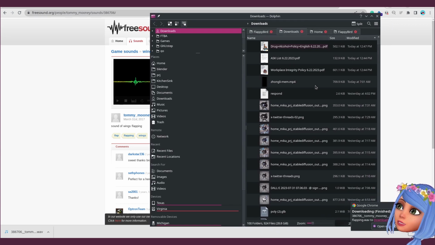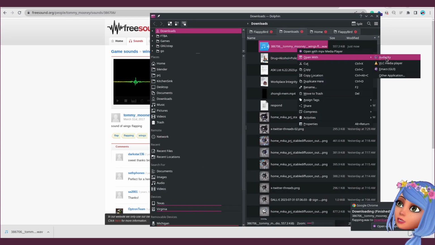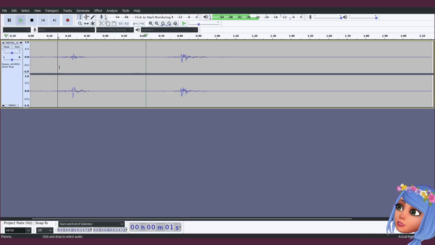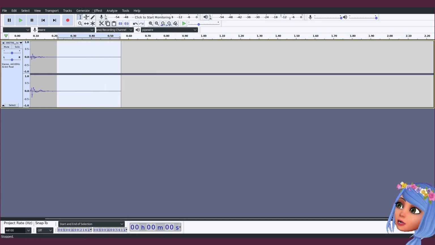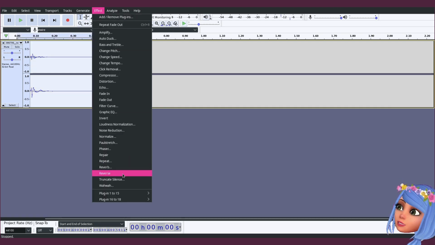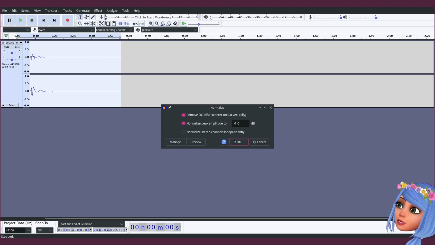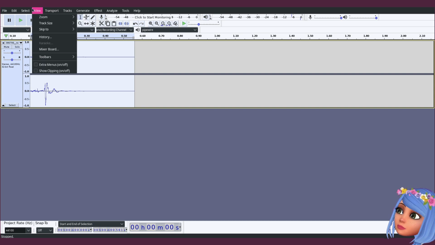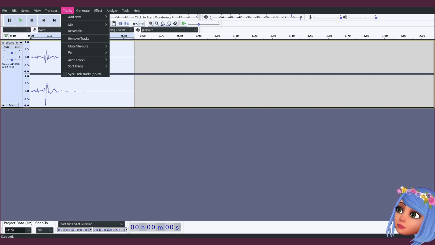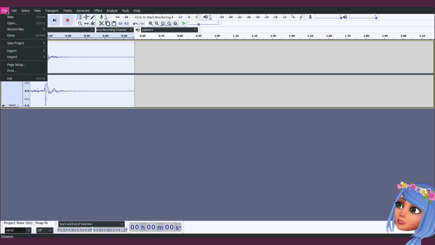Open it in Audacity, and I guess I'll remove this part. Remove this part. Do fade out, and let's normalize it. Normalization, where is it? Is it normalize? Okay, and maybe I'll make it, I think stereo is better, maybe.